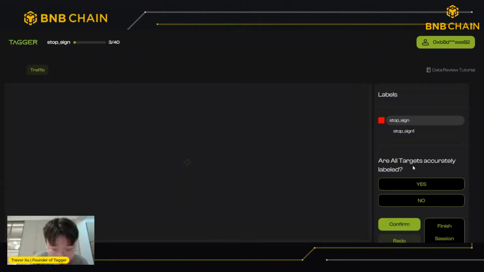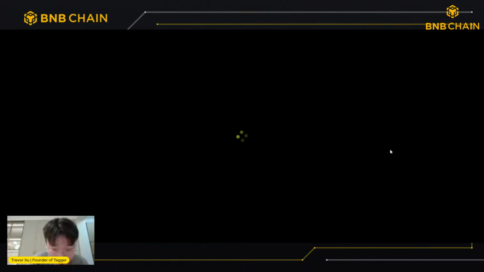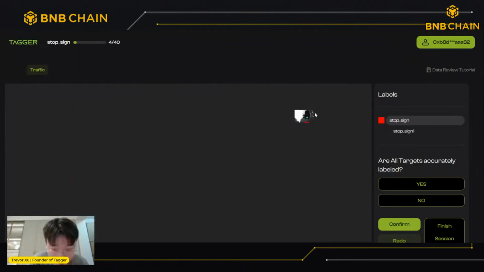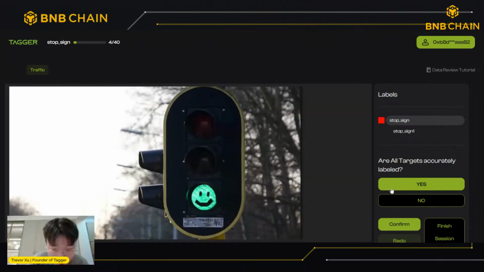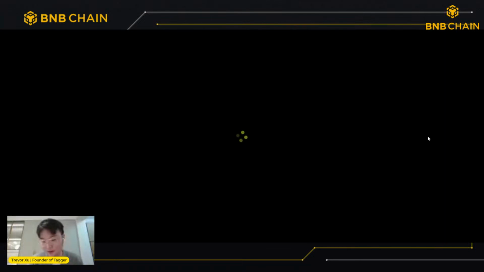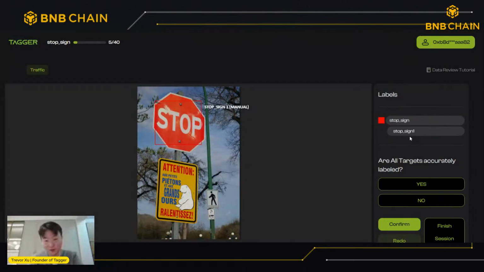Let me try to find a no in this case. I think that's the one I just labeled. Okay, this one's also yes. Don't worry, if it doesn't fit perfectly, this one's a perfect example. We have an octagon stop sign, but it's labeled with a square, so that's a no.